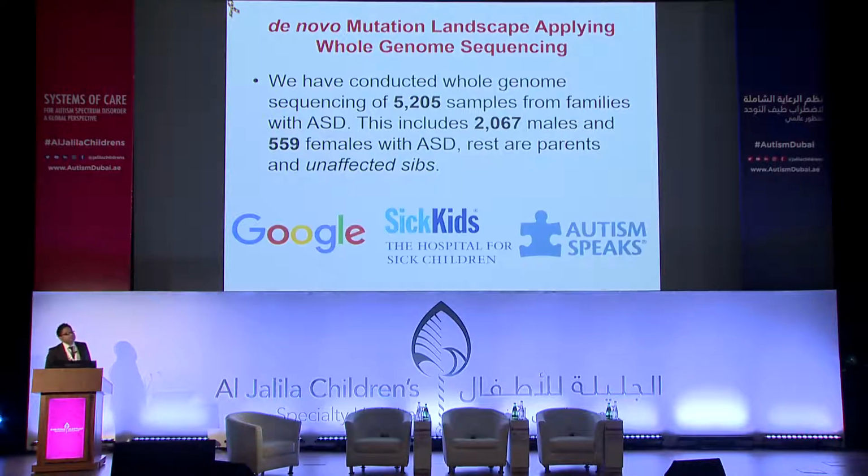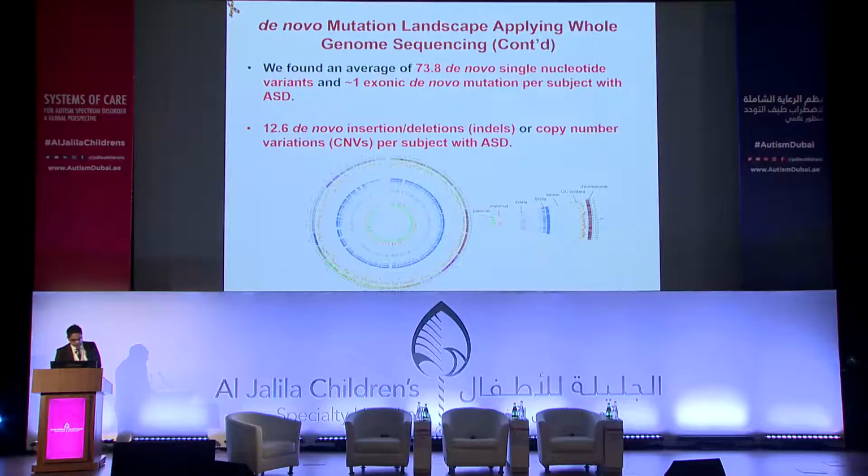We cannot do it alone. It's too big. So Google chipped in, and they are holding the data for us. It's multi-petabyte level data. Even SickKids cannot handle it. SickKids is the work engine to analyze the data, and Autism Speaks, SickKids, and Google funded the project, all three of them. So it's a multi-million-dollar project. It has come to an end, and I'll show you the results.